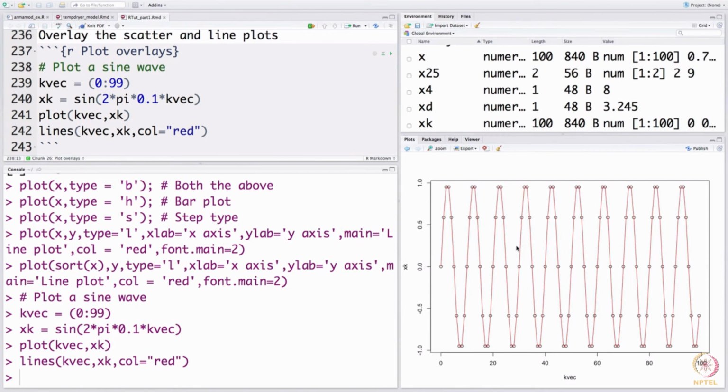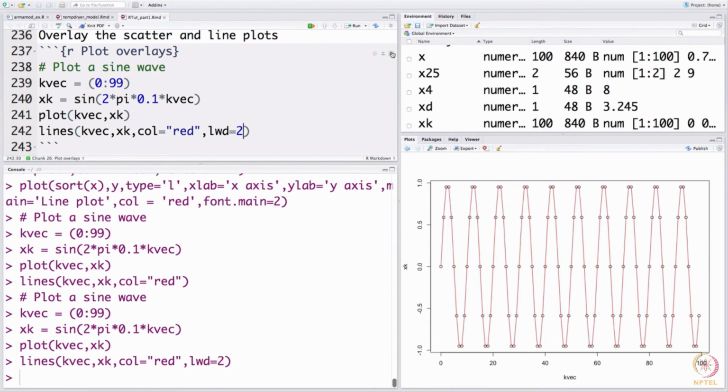So, there you go. I have drawn a scatter plot of the sine wave, and I have also drawn a line plot, and I can control the marker type, the marker color, the background, the face color, and the thickness of the line. I can do many things. For example, here I could say, please get me a line width of 2. And if I do that and rerun this, you can see that the line thickness has now changed. I could change the color and so on.